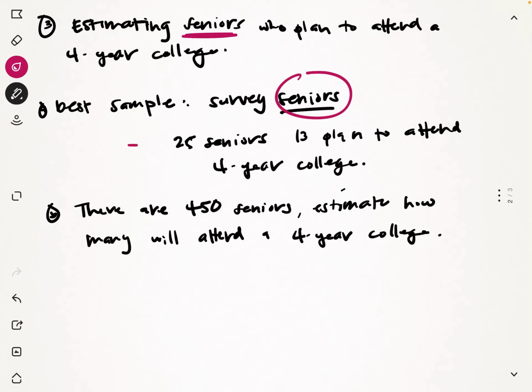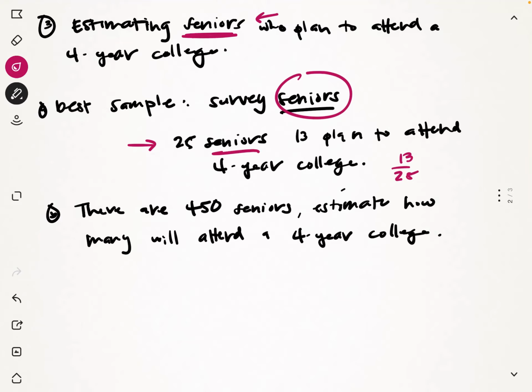Okay, so they're saying, all right, well then there's 25 seniors and 13 of them plan to attend a four-year college. So from your survey or however you got this information, you got 25 seniors, which is good, right? Because it matches what we're trying to look for. And it says that 13 out of 25 plan to attend the four-year college. So if we do 13 out of 25, that gives us a good ratio of people. Now, as you get higher into statistics and start doing real stats, they say that a good sample size is about 30 people or larger. But if you just have 25, then that's close enough. We can use that